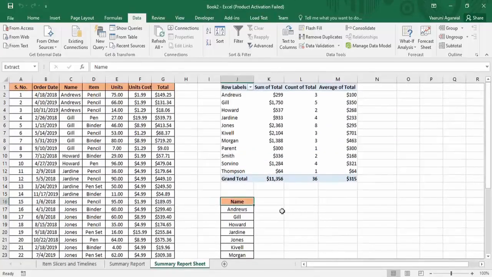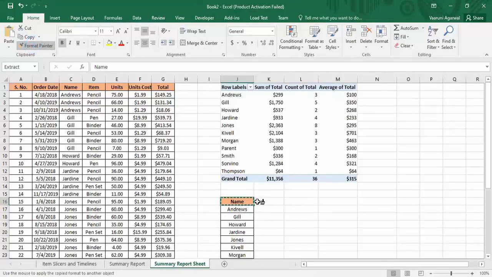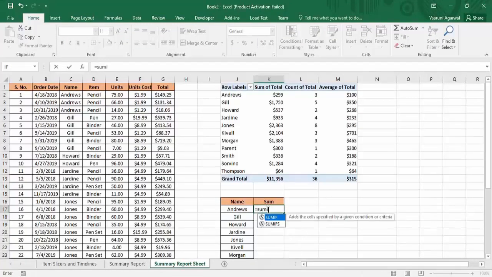Then what we want is sum of them. So just go to sum, just type in sum. You can just go to format painter and format it like this. Then what we're going to do is make use of the SUMIF function here. Okay, so how can you do that? Just type in the formula for the SUMIF function. Now we already know the formula, that is press an equal sign, write SUMIF, then open the parenthesis.